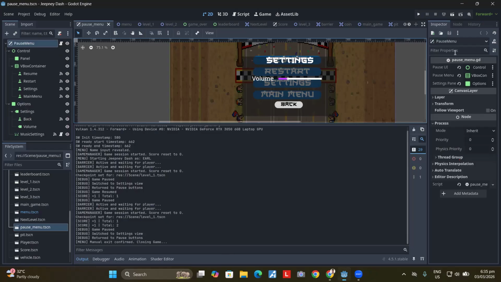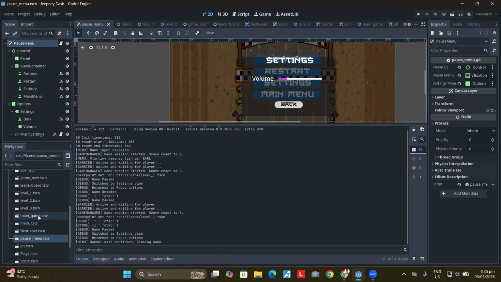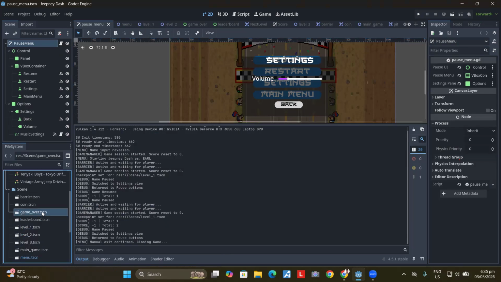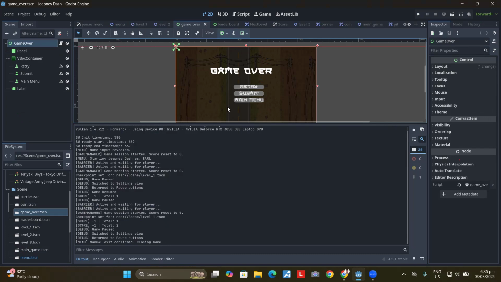Next is the game over screen. On our game over screen, we also have three buttons, which are retry, submit, and also main menu. Once the player has died, it will tell the final score.